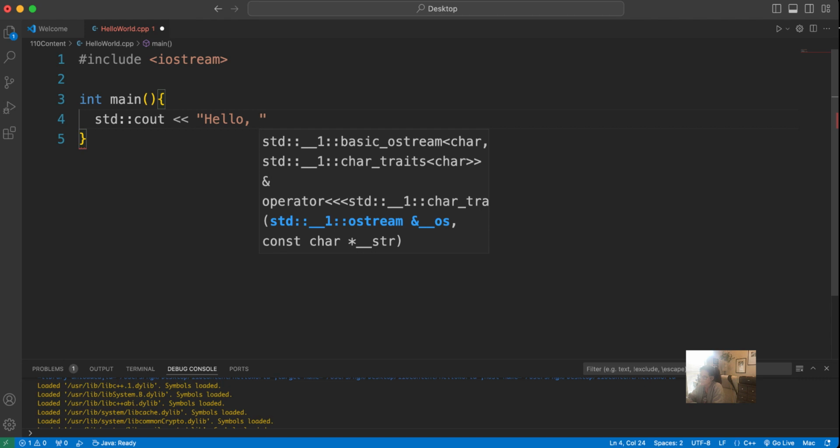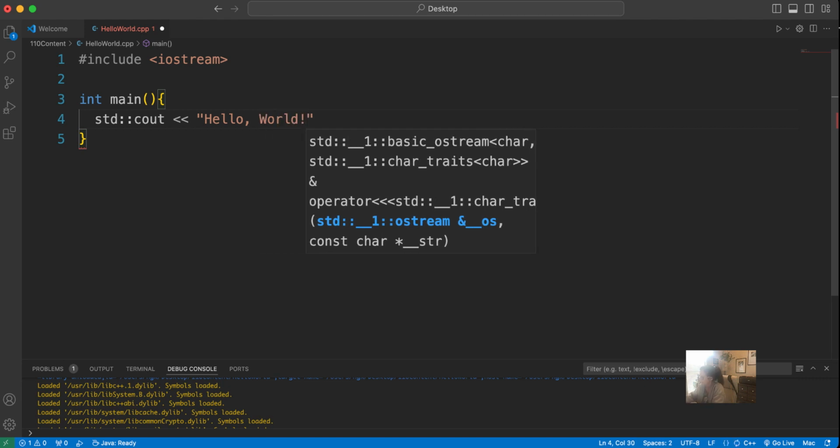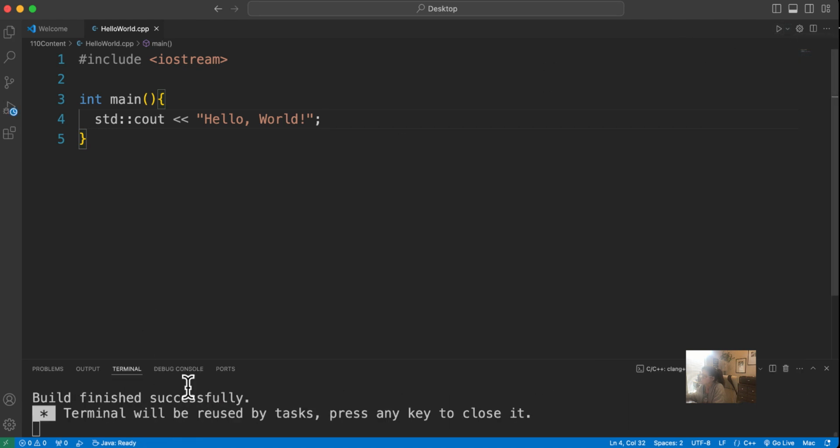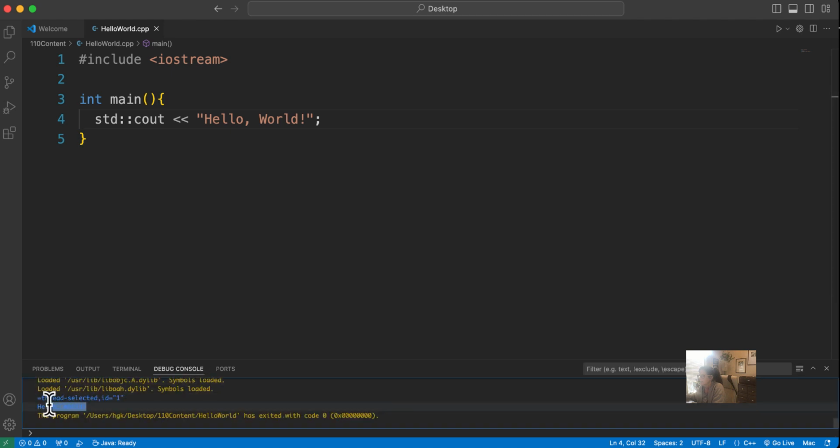Then I'm going to scope std to my cout object, which is going to allow me to push a string, in this case, to the standard output device. Now, I know this is a string because it has double quotes around my Hello World. And as you also saw in your reading, every C++ statement must end with a semicolon. So if I compile and run that, I can take a look in my console window and I can see that Hello World was printed to the screen.